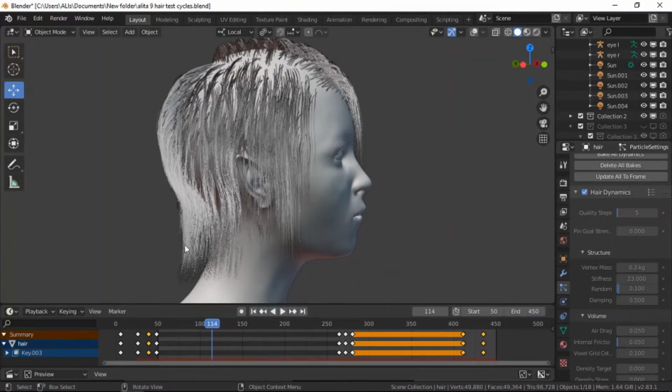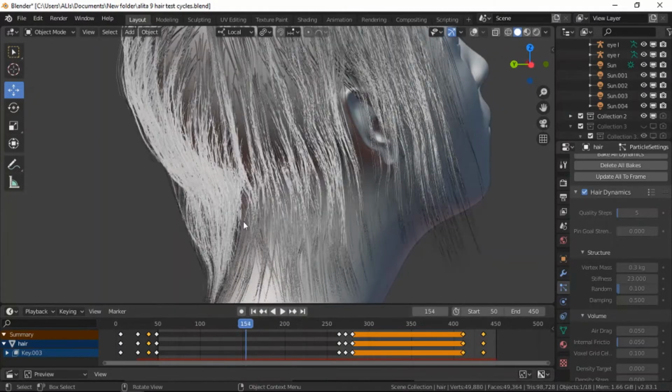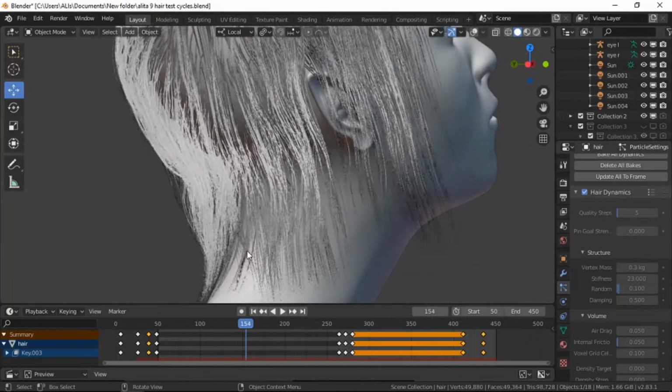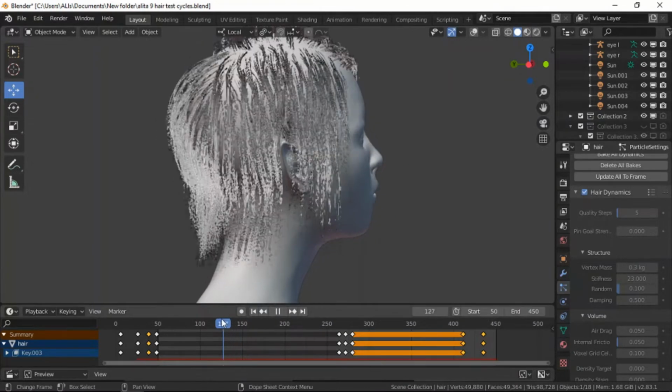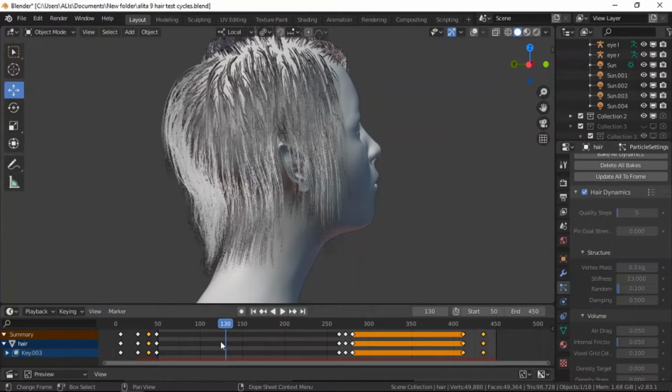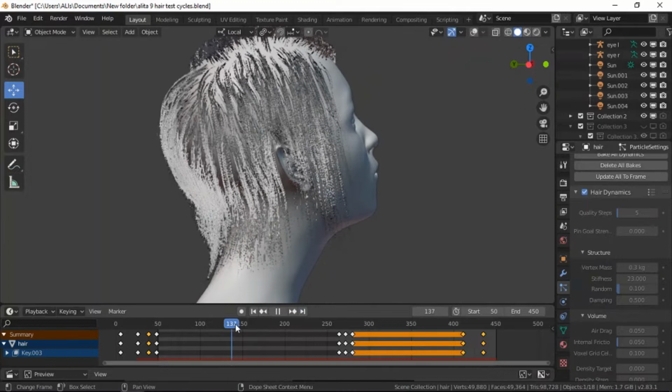So let's see whether this part of the hair is going to collide with the neck. Alright, cool. So you can see it's bending at the side of the neck. The place the hair is touching is actually bending. It's actually straight, but when it touches the neck, it starts to bend,